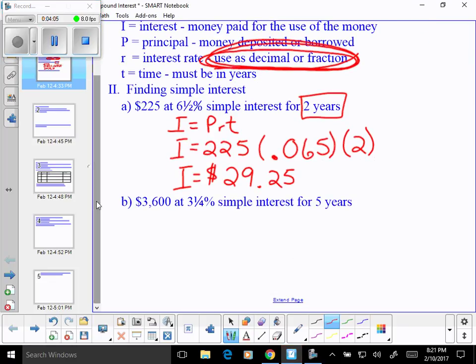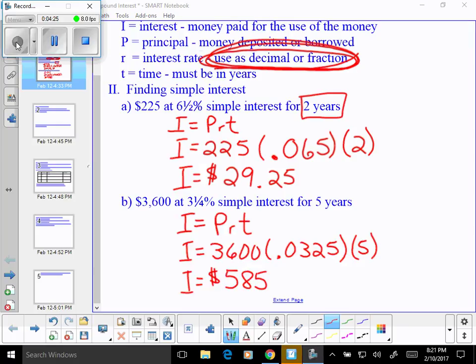At this point, I would like for you to please hit pause and try sample B on your own. And please, please hit pause and do the problem. Remember, you're not doing this to learn how to copy. You're learning this to learn how to do it. I hope you did well and that you got the right answer of